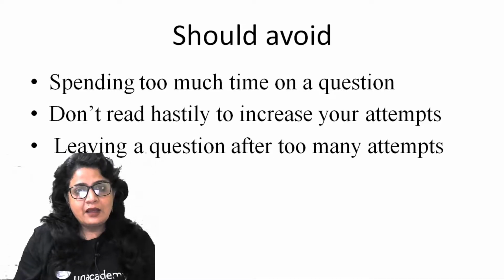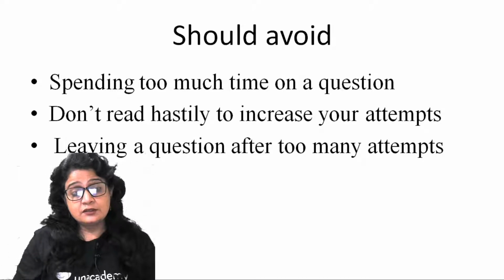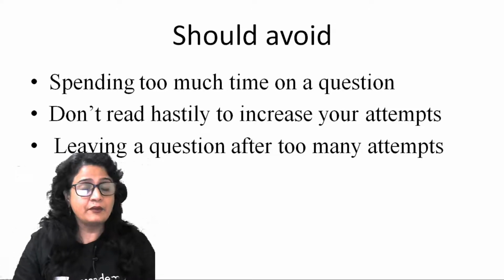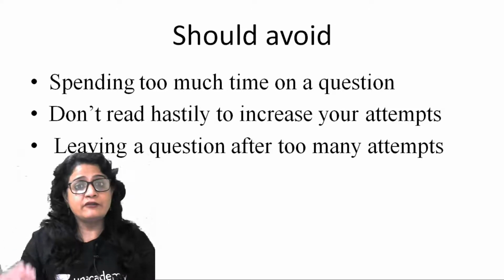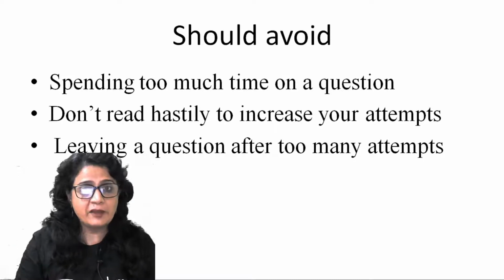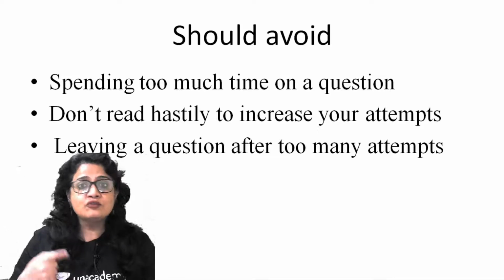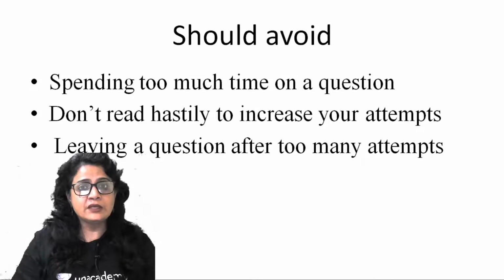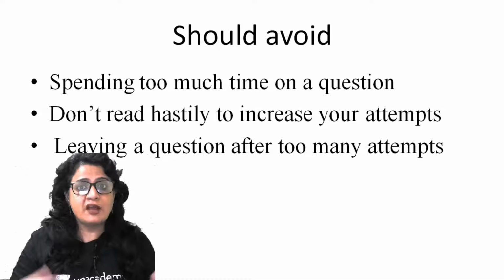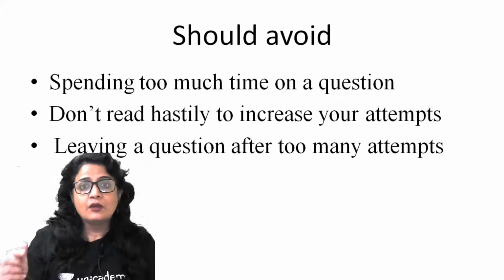You feel that the exam is doable for you. And since it's doable for you, you may feel that the cutoff is going to be higher, right? For that, I will have to increase my number of questions, I will have to increase my attempts. Now, in order to do so, because you may have this feeling that at any cost you have to increase your attempts,